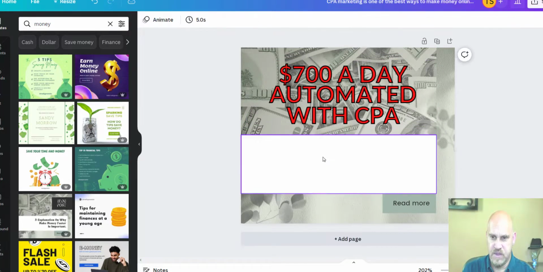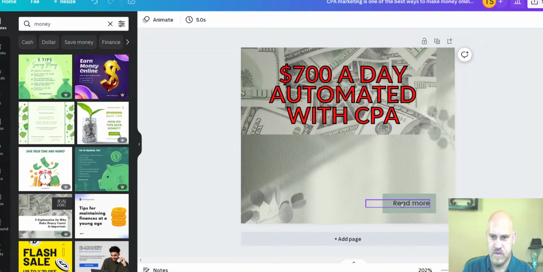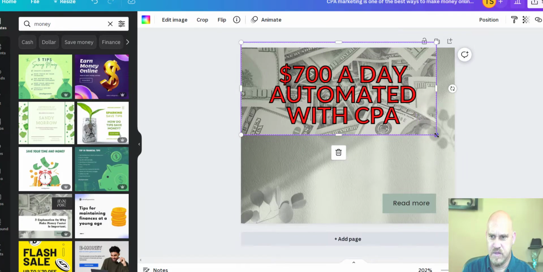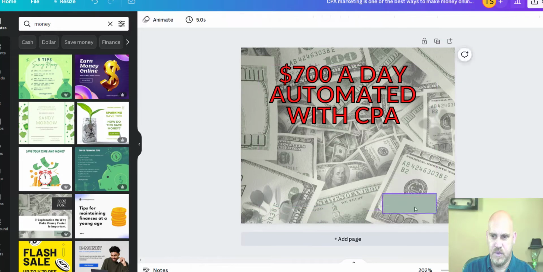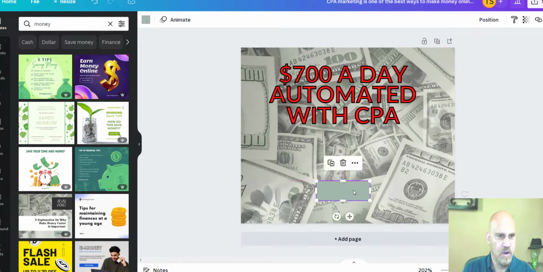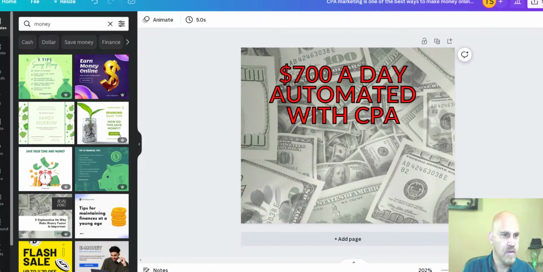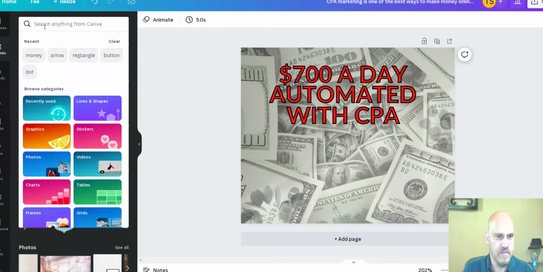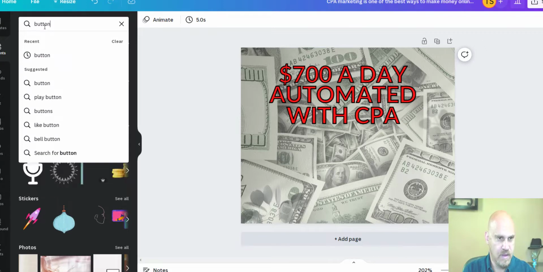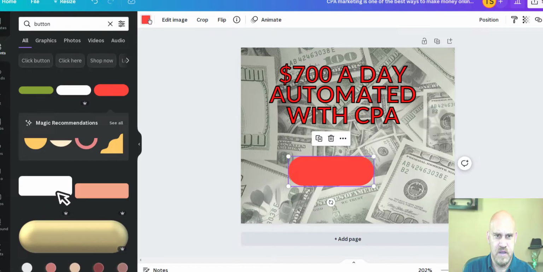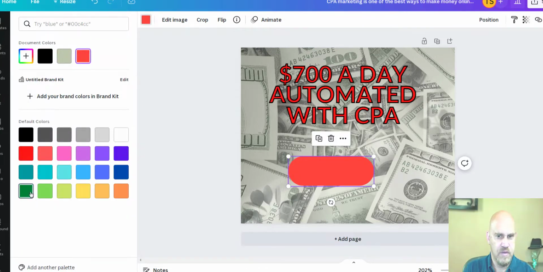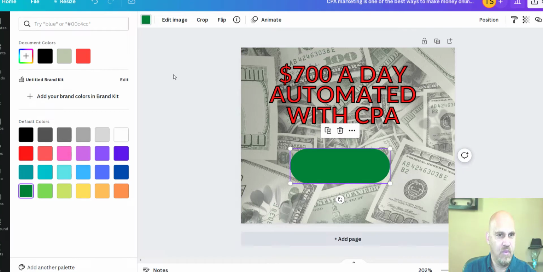And actually we're gonna get rid of this. We're gonna get rid of this. Let's increase this. What we're going to do is get rid of that. We're gonna put a new button in there. We're just gonna come over here to Elements, create a button, and put one in there. See if we can change that color on there to green. And then we're gonna put a